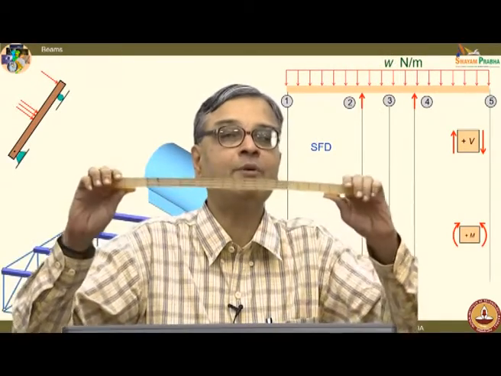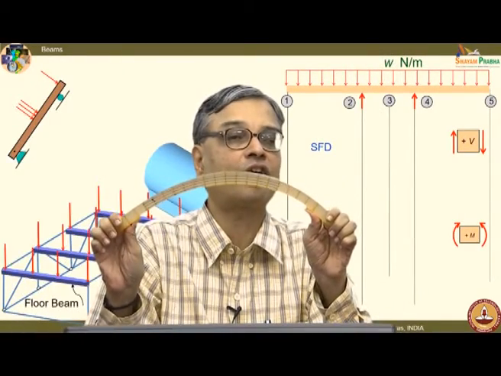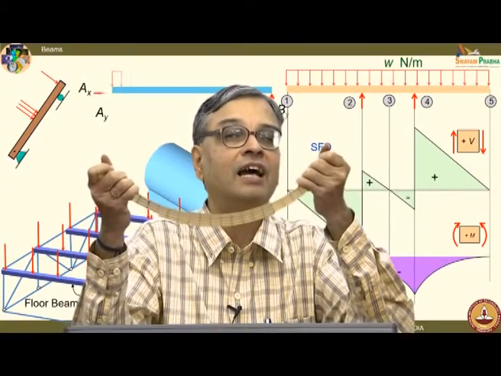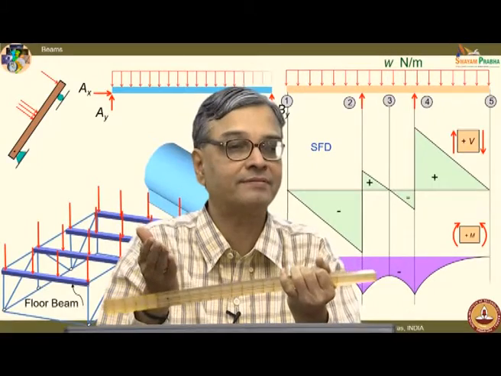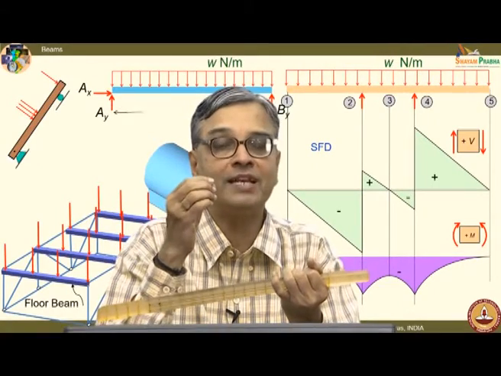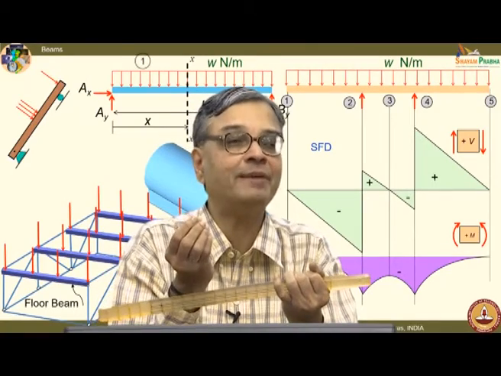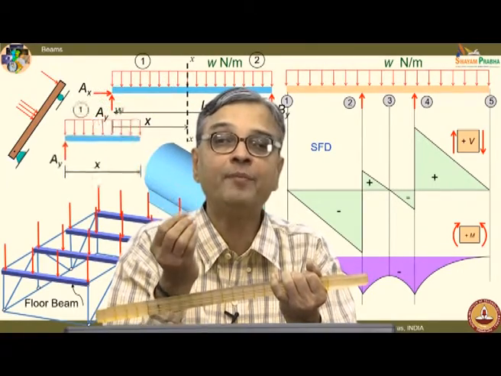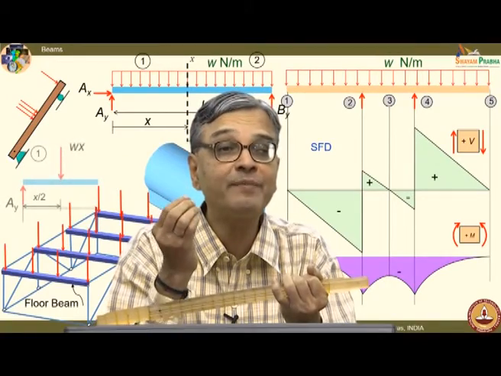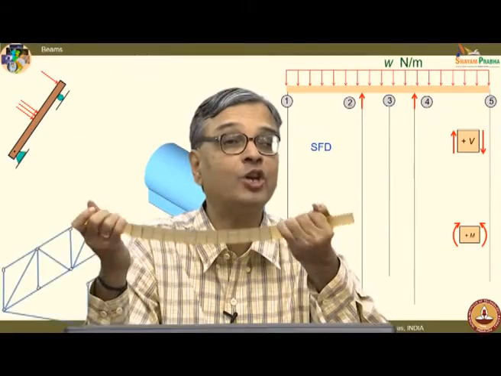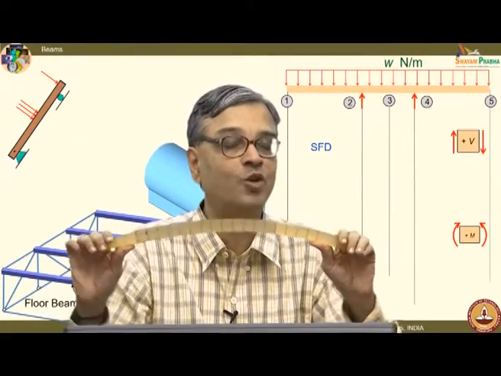I have shown the bending moment like this, clockwise. Suppose I have the bending moment anti-clockwise, reverse of this would happen. So, from your design point of view, more than the sign of the bending moment, you are worried about the magnitude of the bending moment. That is very, very important. The magnitude is very important for your design purpose. That is what you are really looking at.